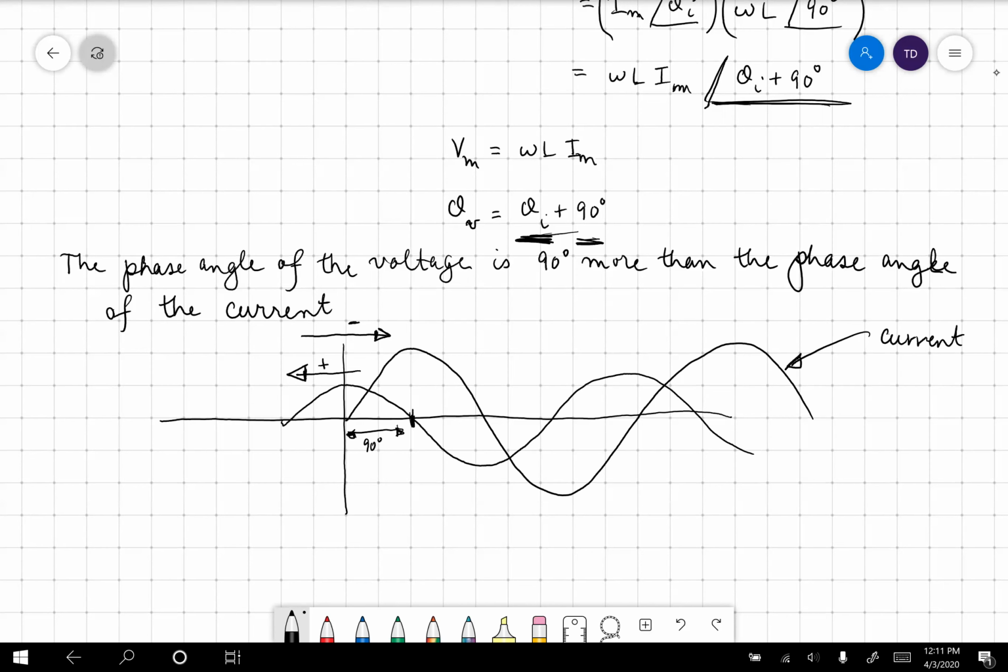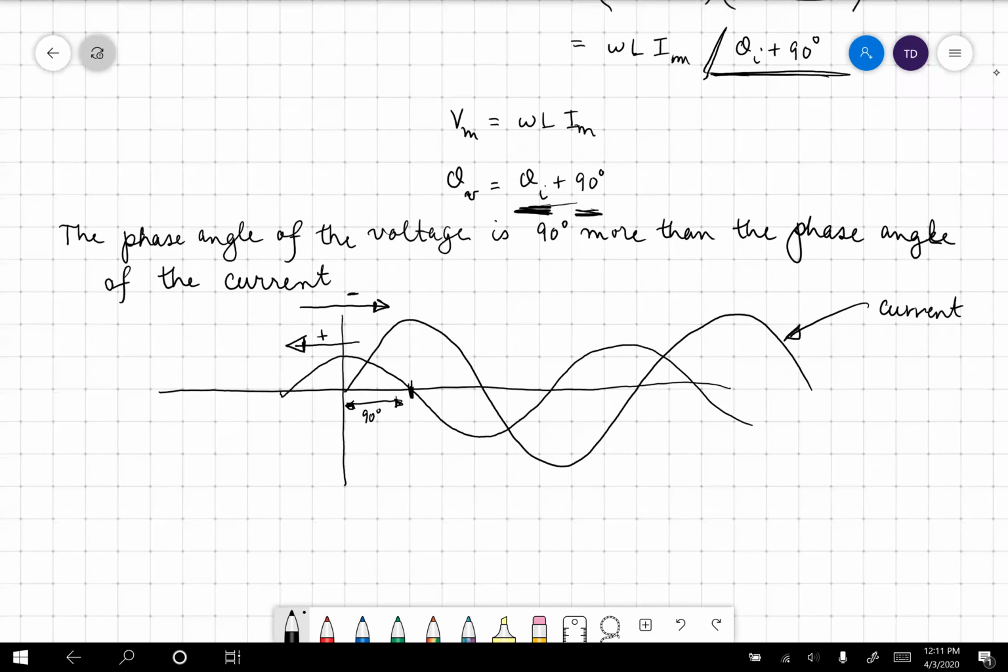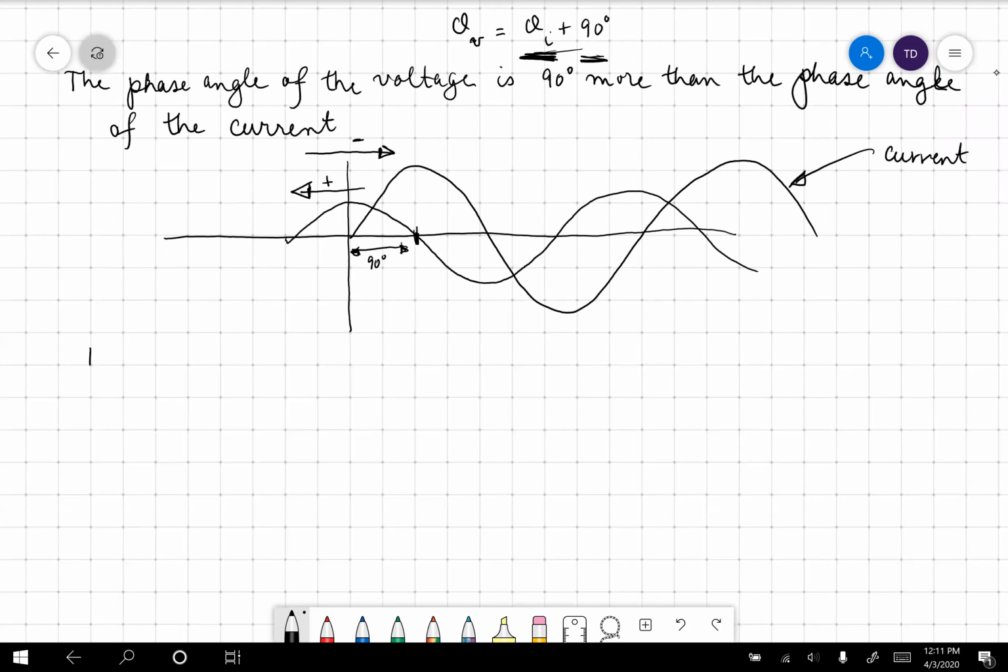Okay? So the voltage leads the current by 90 degrees in an inductor. Actually, it's the voltage, I want to say for an inductor, not in, because there are no voltages in inductors. There are voltages across inductors. The voltage for an inductor leads the current